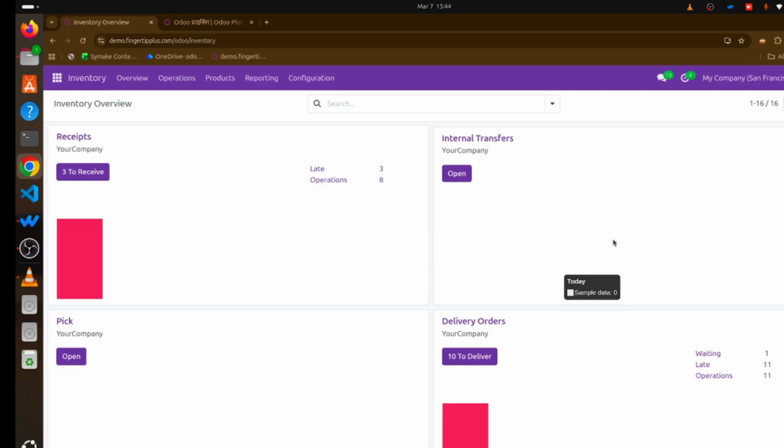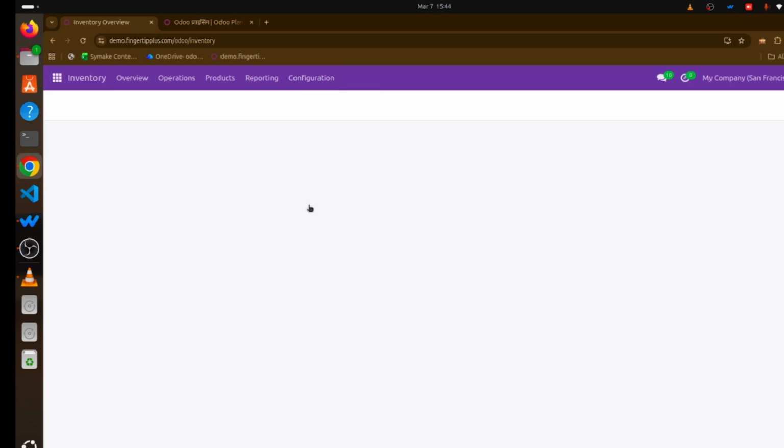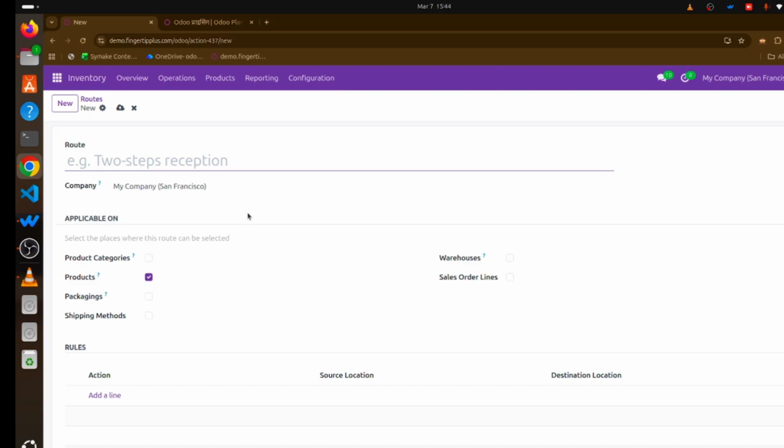To configure the routes, first we will navigate to the inventory module and then configuration. In that we can see the routes here. Here we can create a new route by clicking on the new button. After clicking new, the route creation page opens. First we enter the route name,